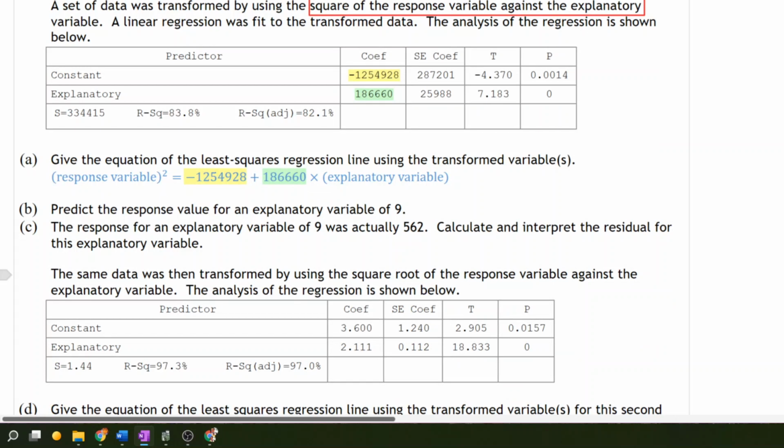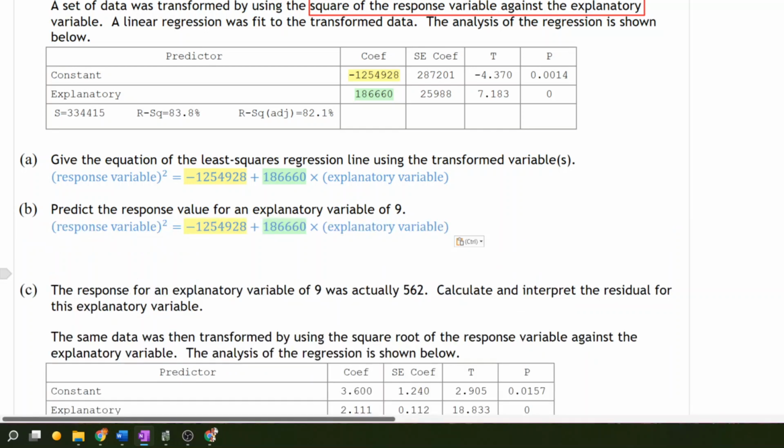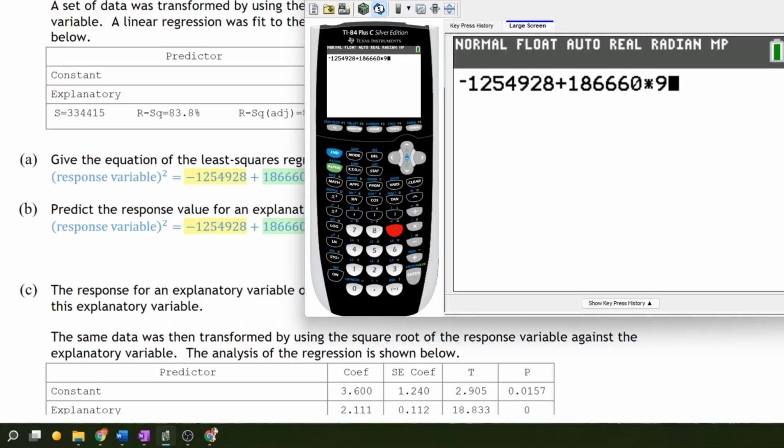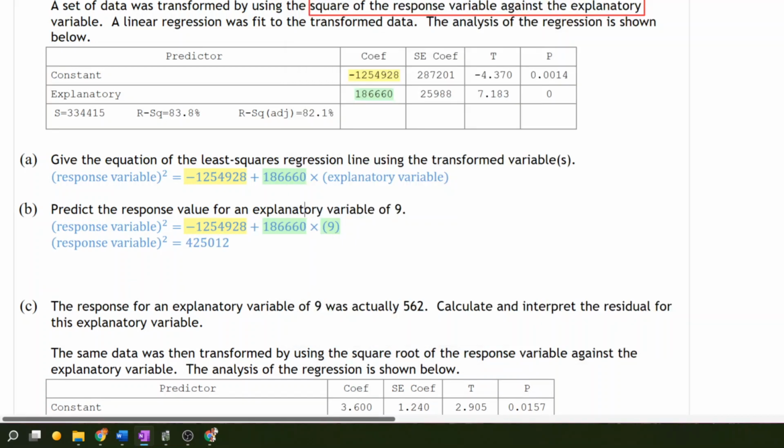Letter B, we're going to predict the response value for an explanatory variable of 9. So we're going to start off with that same equation we got from A, but now we substitute 9 for the explanatory variable. We'll put that equation into our calculator and let her rip. That's 425,012, giving us that the response variable squared is equal to